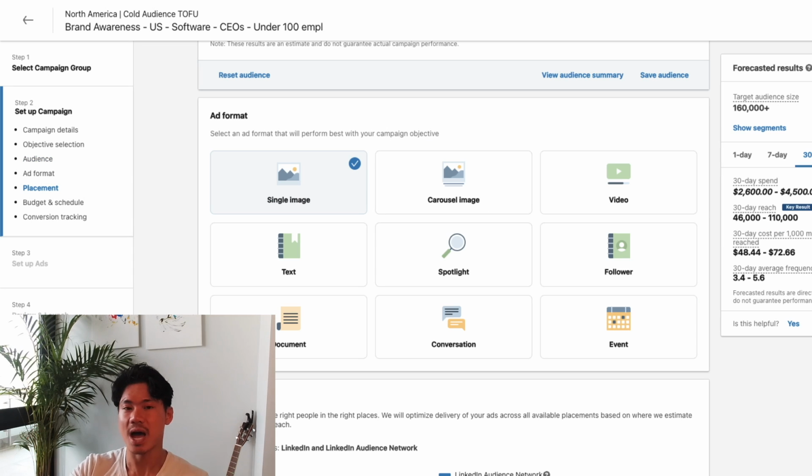Now, the next thing that we have is the ad format itself. You could, of course, do image plus text, or you could do video plus text, or you can even do a DM, which is directly showing up in someone's inbox. So whichever ad format you like best and that you want to utilize, you're going to be able to pick it here. And then all of the ads that are going to be following under this campaign will then have to abide by those rules.